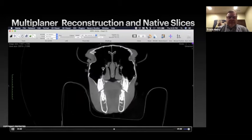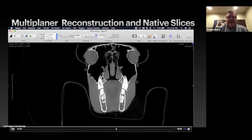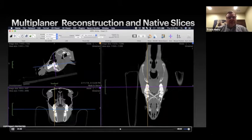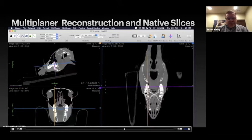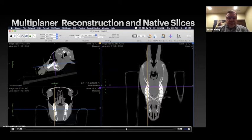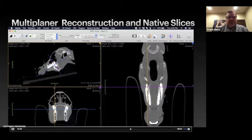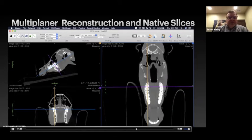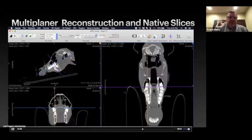And if you double tap on that particular image, it blows it up into full screen. So I just wanted you to see how useful and how powerful CT can really be for looking at things. It's not just scrolling through a bunch of transverse slices that came out of the machine to look at. And especially when we're talking about teeth that have 5 pulp horns in each one, a common chamber, and the maxillary teeth, 3 root canals, and 2 infundibula. It's just so much information in each tooth that we need to examine,